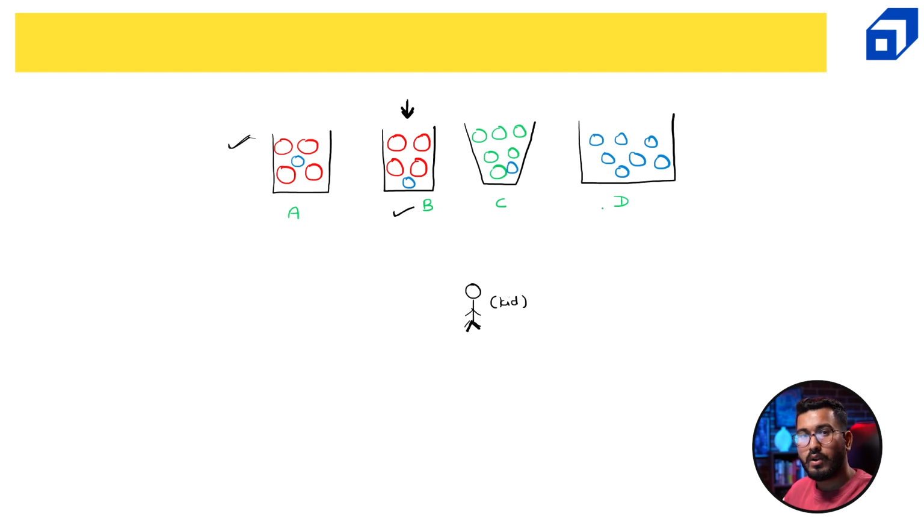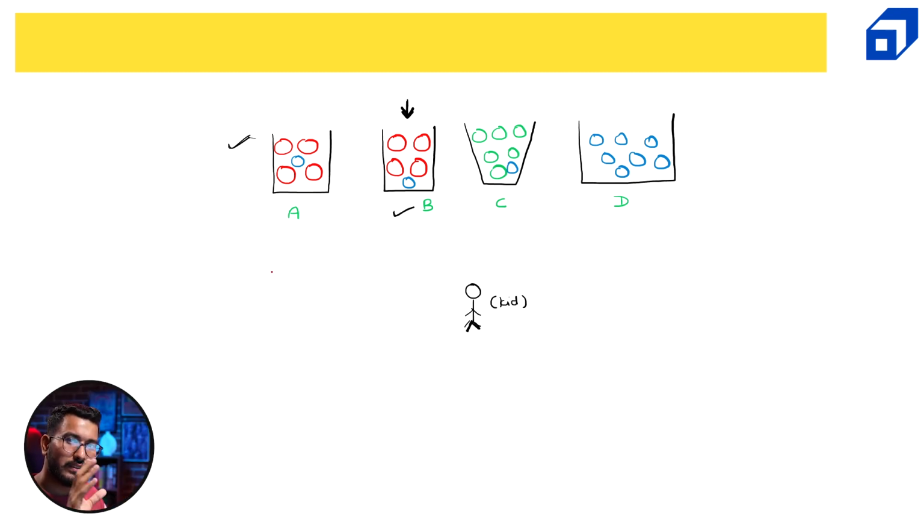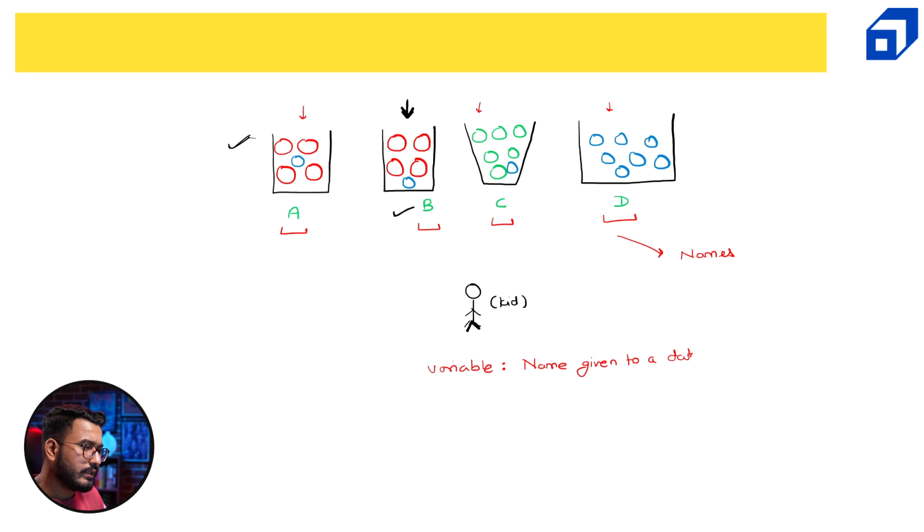And that is what the concept of data objects are. A variable is nothing but a name given to a data object or a data item. So here this A, B, C, D, these are my names which we have given to these containers, right? So what is a variable? A variable is basically a name given to a data object or a data item. When I say data item, I basically means integer, float, string, boolean, that basically act as a reference,